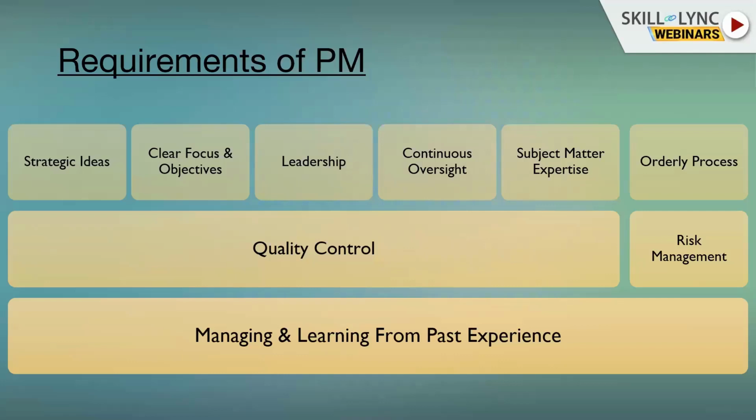Continuous oversight. Okay, moving forward, continuous oversight. Why is continuous oversight important? Because we need to control activities. We need to control things. We need to understand when an activity is extending to a level which is beyond our control. So we need to understand why the activities are getting out of control. We need to monitor it. We need to rectify at that point itself, just in time, right? So those things are to be eradicated just in time. That is the approach we need to use. That is why continuous oversight is equally important.